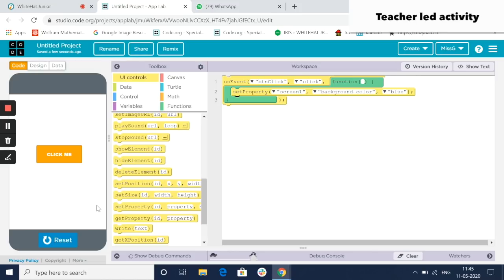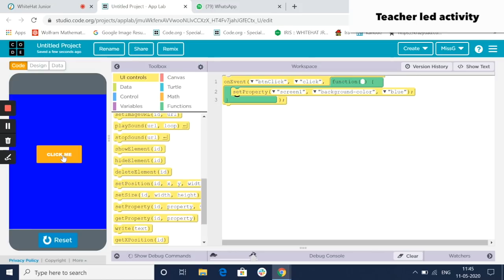Correct. We just ran the app. We have to check it for working. Well done. Click. Ta-da! Isn't it cool? Yes. And this completes our app. So our app is working.